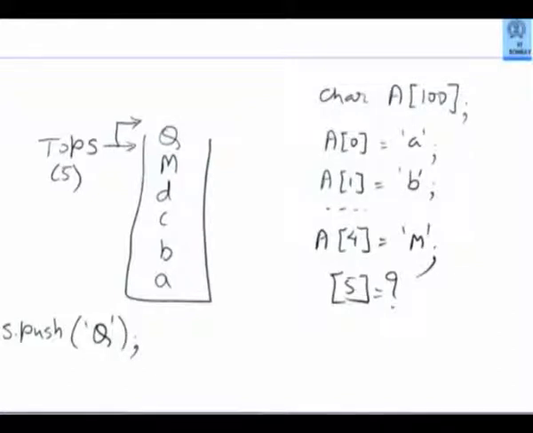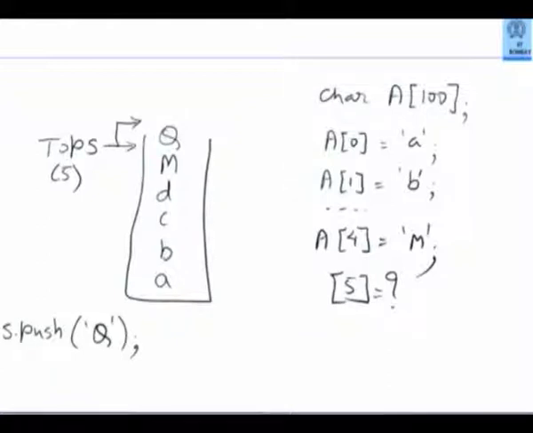How would pop function work? The pop function will first reduce top S by 1, because top S is currently pointing to an empty place, and will look at that array element and return that character value. So the pop will return a character value, push will insert a character value in the stack. And the stack is now managed internally by that object set of functions or the class functions.